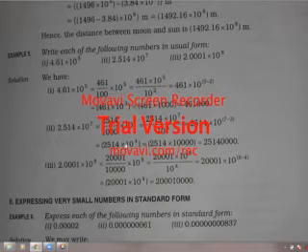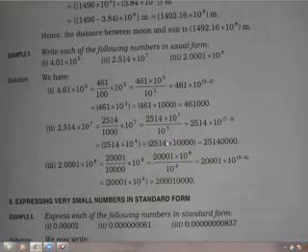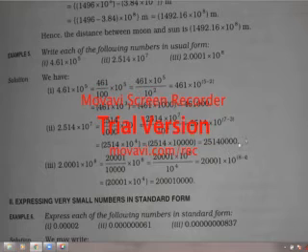Okay, so 2514 into 10 to the power 4, so that means 10,000. 1 with four 0s, so 10,000. Then how much does it become? 2514 with four 0s. So how much is it? 1 tens, 100, 1000, 10,000. Then after that lakh, 10 lakh and crore, so 2 crore 51 lakh 40,000. Okay,